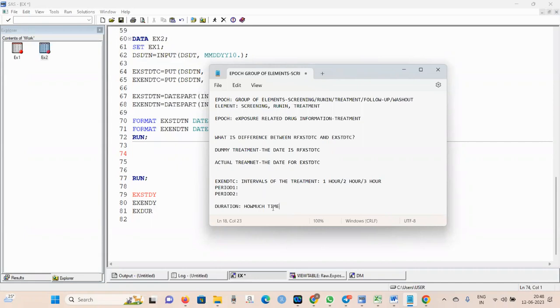Okay, so we need to calculate the duration part. The duration is basically how much time has passed from the reference point, when the subject is enrolled. So you remember RFSTDTC? That is the reference start date, like the enrollment start date, which is the date the subject is entered into the clinical project. So this is the date, right? So from this date to,